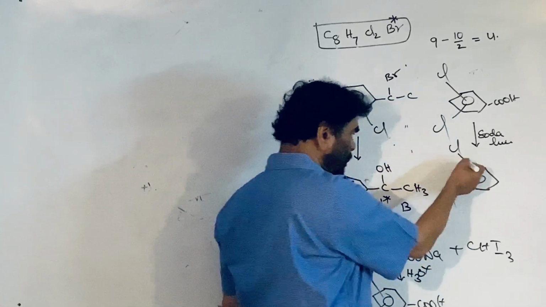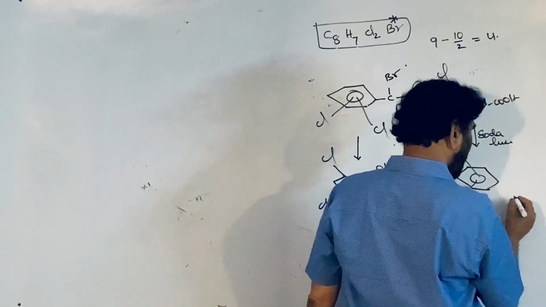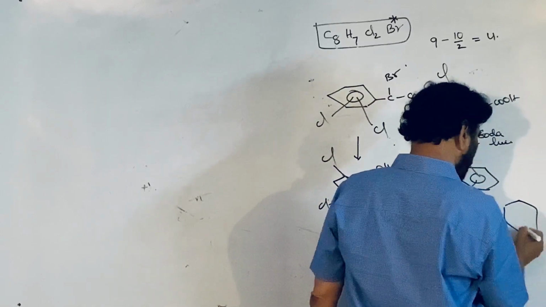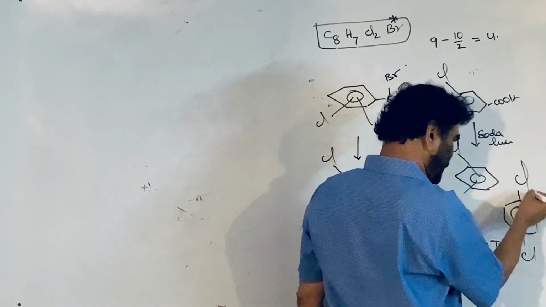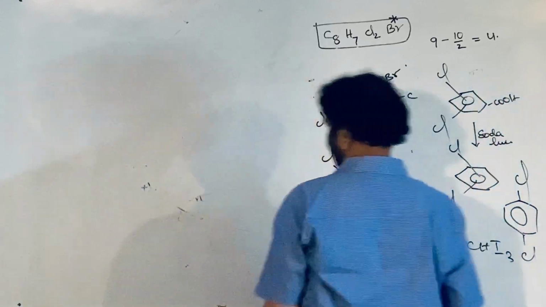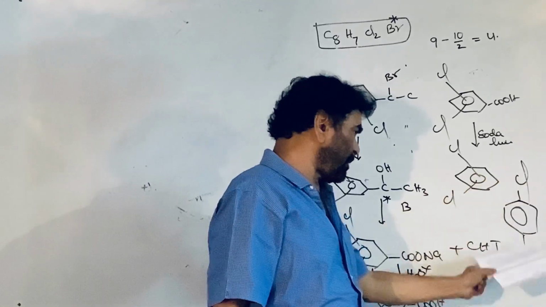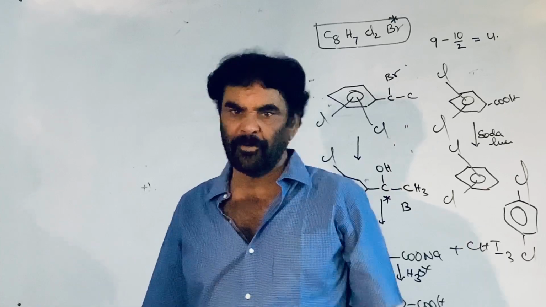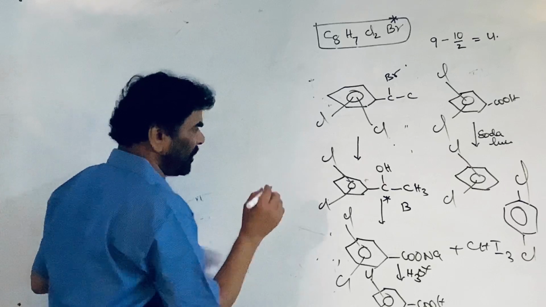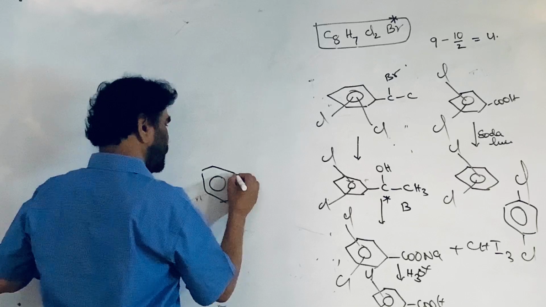So where are the positions? We have to fix up the positions. The resulting product on nitration produces only one product. That means all positions should be equivalent. Para relation. Only then, if the 2 chlorines maintain the para relation, are all 4 positions equivalent. Only one nitro derivative: wherever you introduce the nitro group, the same product is formed. Therefore, your original compound is this.